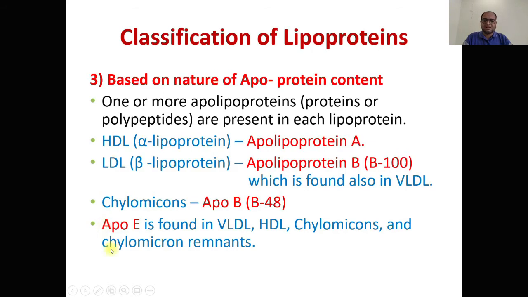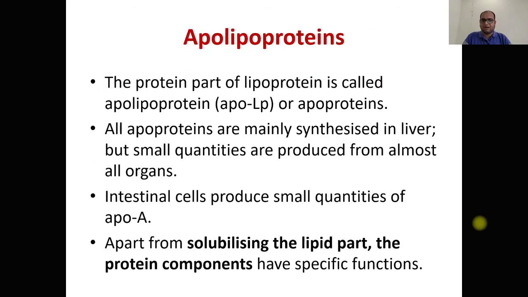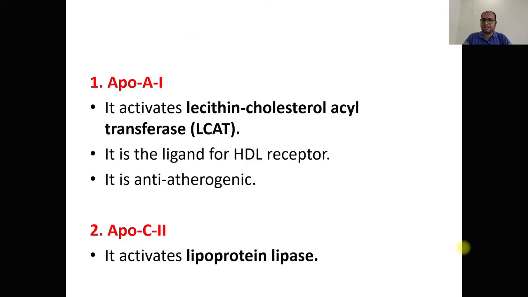While ApoE, C, and other things are normally found in each and every kind of lipoprotein. So what are these apolipoproteins? They are mainly synthesized in the liver, and some amount is synthesized in other organs, other cells, and intestinal cells as well. Basically, along with solubilizing the lipid part in the lipoprotein structure, they have some specific functions as well, like